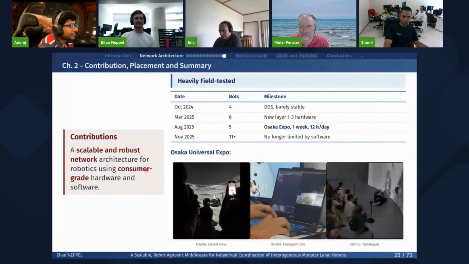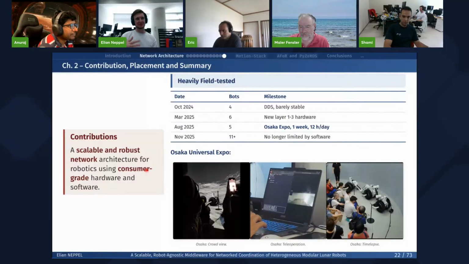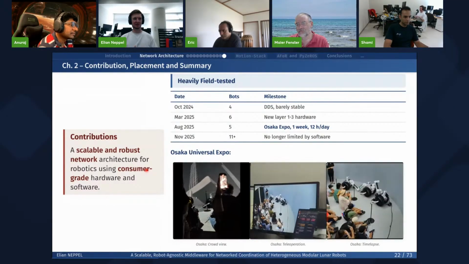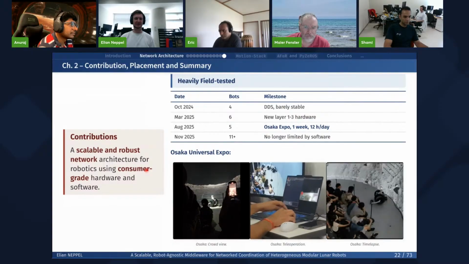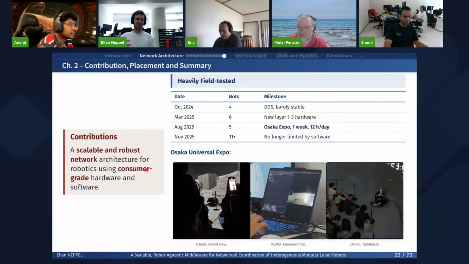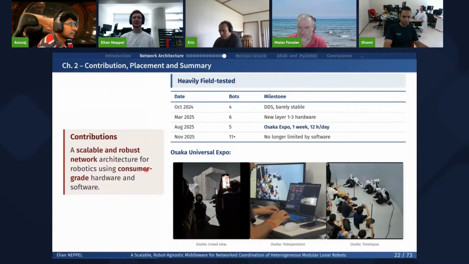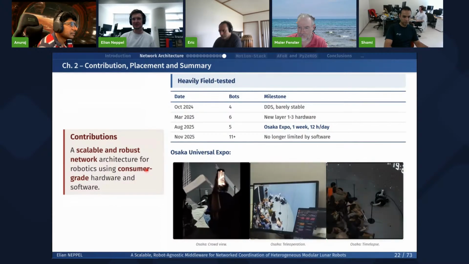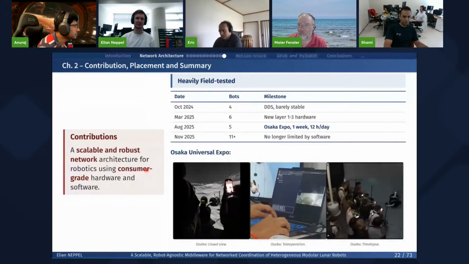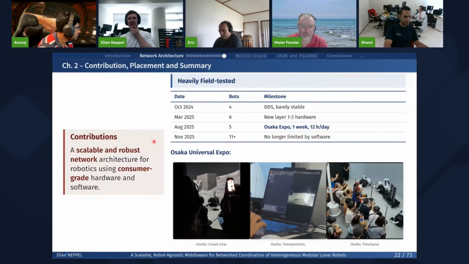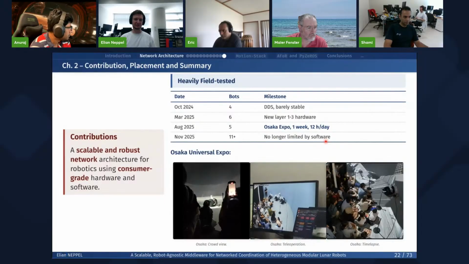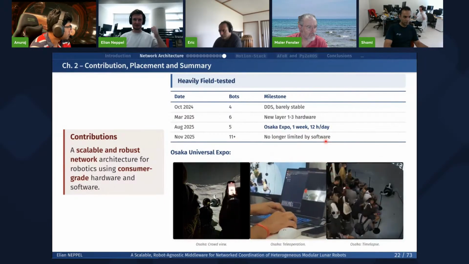To summarize the section, we've seen a scalable and robust network architecture for robotics using only consumer-grade hardware and software, with only the backup mesh network that can become more complicated if you need it. And this was very heavily field tested, so this is not just theory. We did many experiments, and the one I like the most was at the Osaka Universal Expo in Osaka.